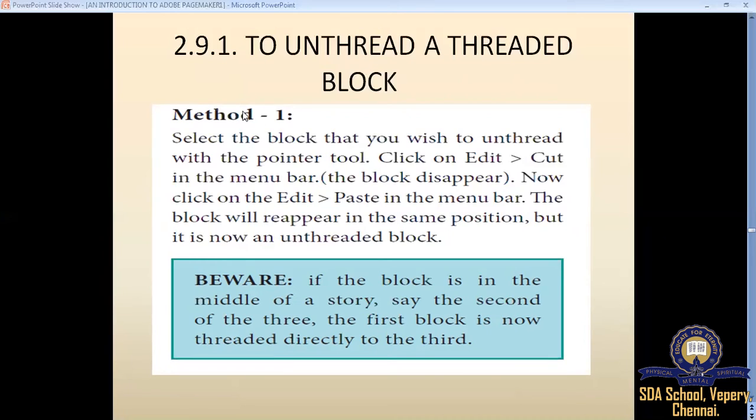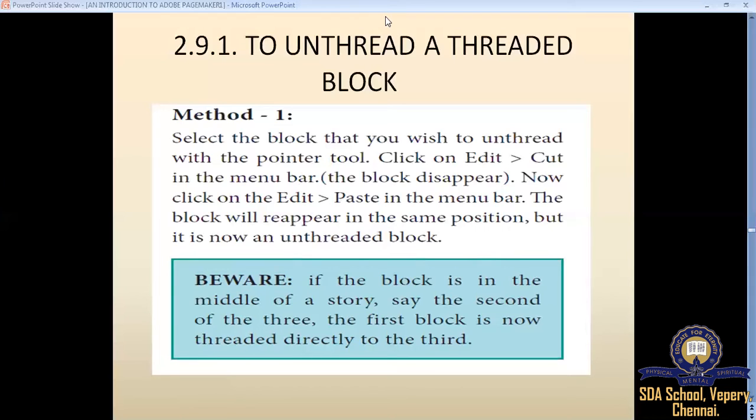We have two methods, method 1 and method 2. What does method 1 state? Select the block that you wish to unthread, click the pointer tool, select Edit, Cut in the menu bar. Now choose Edit, Paste in the menu bar. The block will reappear in the same position, but now it is unthreaded.